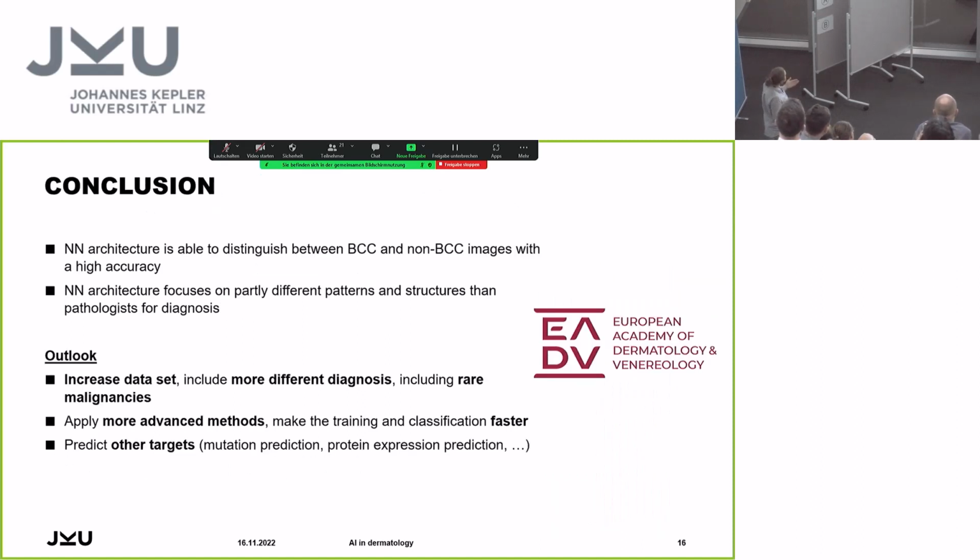And to conclude with that project, we showed that neural networks can distinguish between BCCs and non-BCCs with a very high accuracy in whole slide images, and that the neural networks focus on at least partly different patterns and structures than pathologists would. The outlook for this project